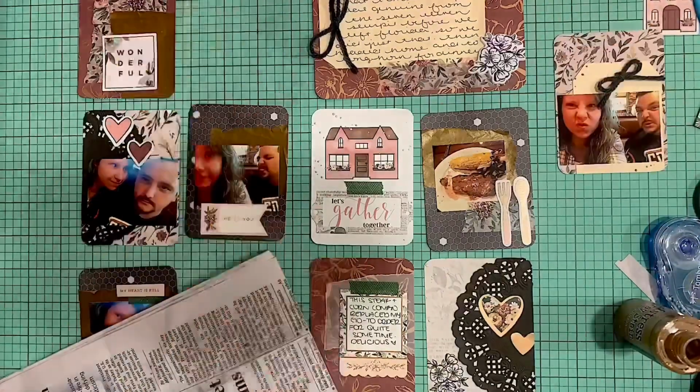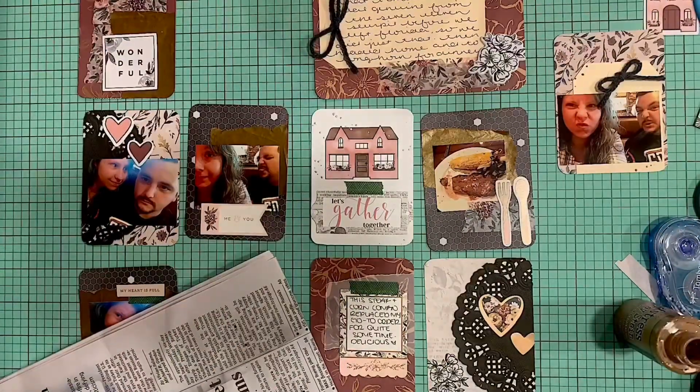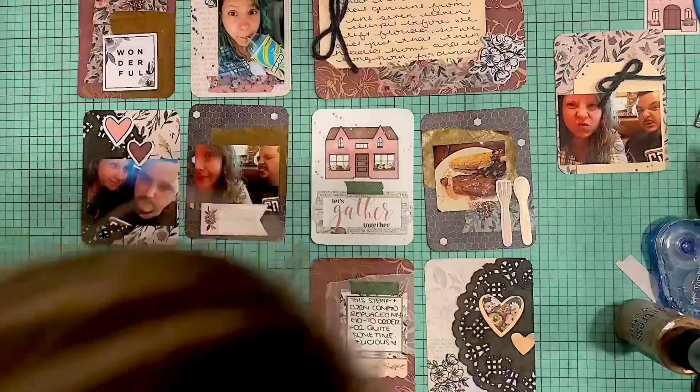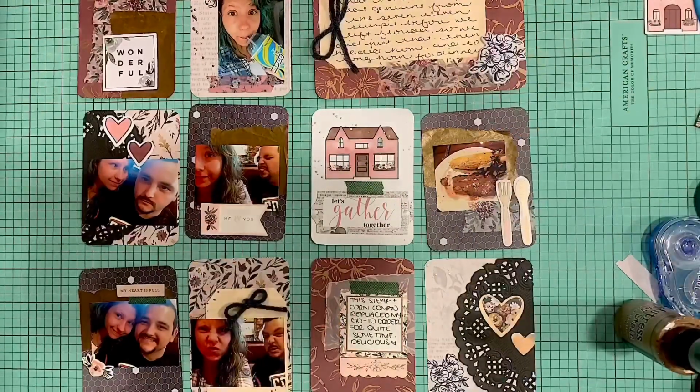But I do prefer to use Distress ink for my splatters. So if you've ever watched the wonderful and lovely Inky Quill, she uses her Heidi Swapp Color Shine. But I love Tim Holtz Distress ink for some splatters. It always turns out great